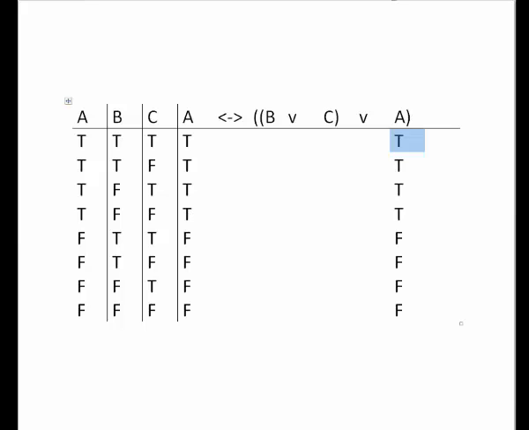So 2 trues, 2 falses, and another 2 trues, and another 2 falses. And finally, when we get to A, we can go 4 trues and 4 falses. The next thing we want to do in dealing with a sentence like this is repeat the values of A, B, and C underneath where they appear in the sentence. So I repeat the values for A, and then repeat the values for B, and then finally repeat the values